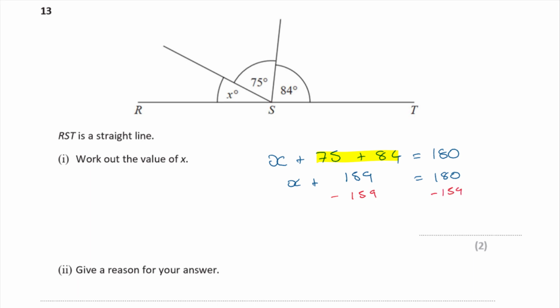Okay, so from this side they cancel. And over there, 180 take away 159 leaves 21, doesn't it? So that leaves me with x is equal to 21 degrees. So that's my answer, 21 degrees. Give a reason for your answer. Angles on a straight line